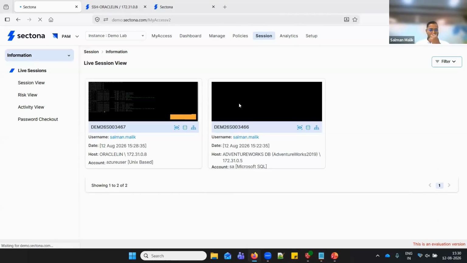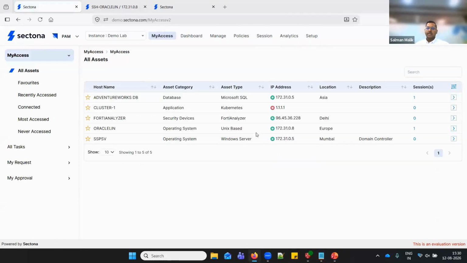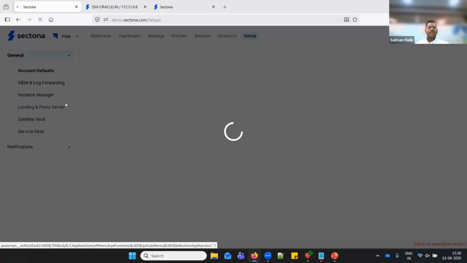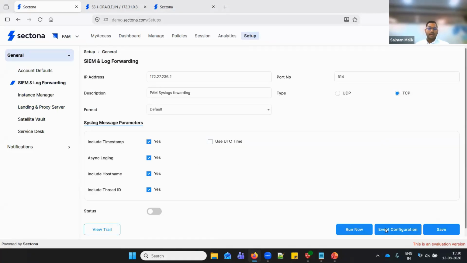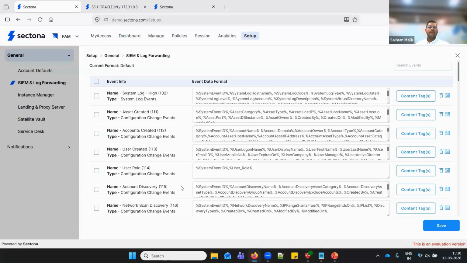Now, coming back to the My Access page. Secondly, we have enhanced the SIEM and log forwarding server. In case of SIEM and log forwarding configuration, what we have added as an enhanced event option is that along with the user authentication or user login event logs, we are also transferring the MFA logs as well.